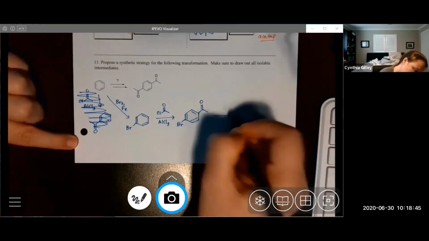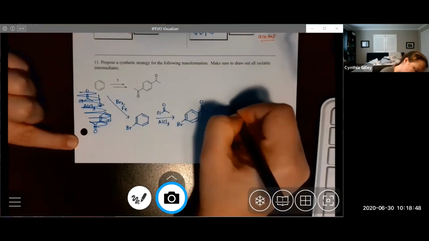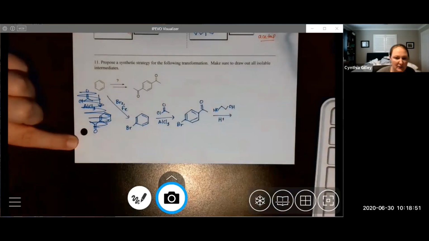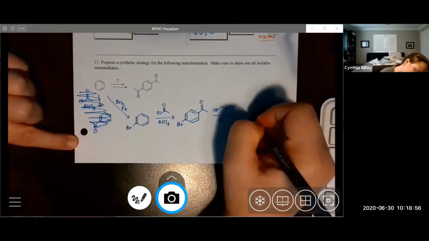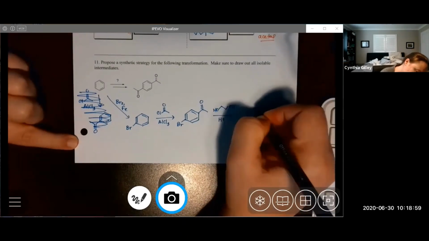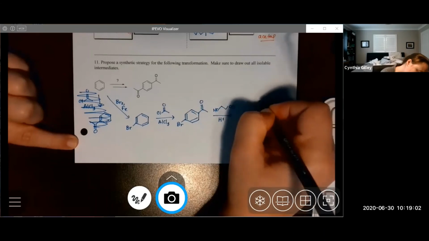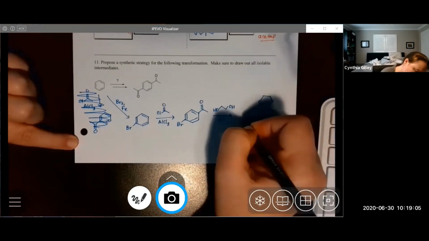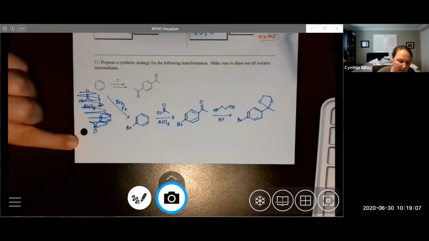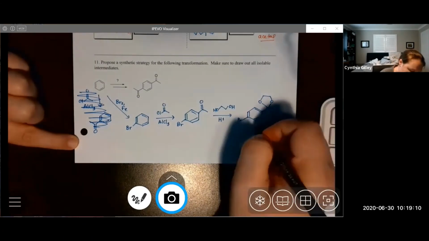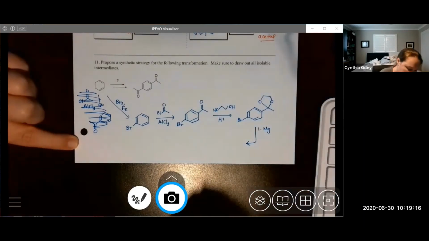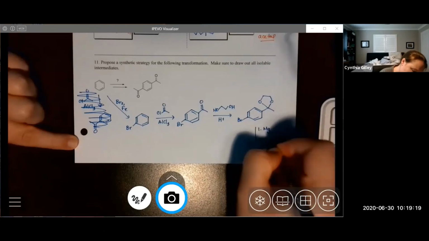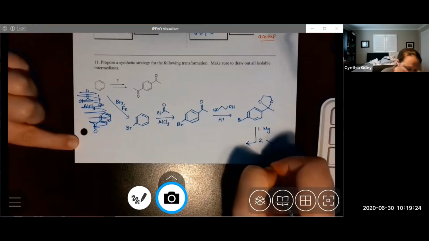Typically, when people use an acetal as a protecting group, they use a cyclic acetal, utilizing a diol, as opposed to two separate alcohols. This will protect this, which will make it stable through a Grignard reaction. So now that I have protected it, I can go ahead and form the Grignard reagent with magnesium, and introduce the 2 carbons that I want to add. And then an acidic workup,